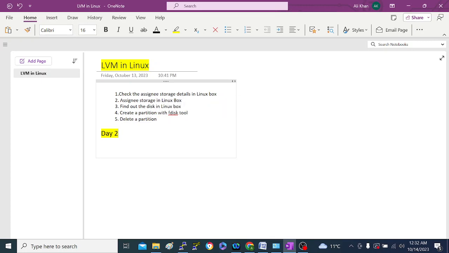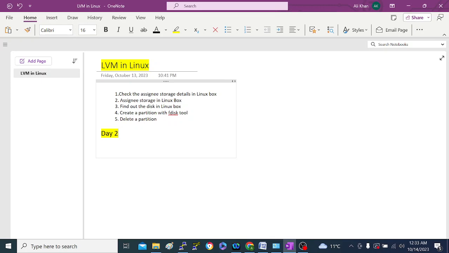Why are we doing this? Because if you want to create a file system using LVM, you have to first create a partition from the disk. In my next video, I'm going to continue from here so that it will be easier for you to understand the next steps,